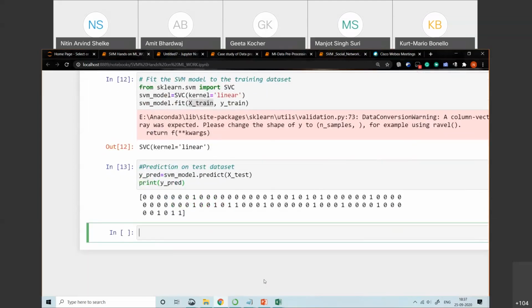Now to analyze this result, let me just create the confusion matrix. I hope you all are familiar with the confusion matrix. So directly I'm using the concept of confusion matrix here, through which you will get to know the accuracy of your model. From sklearn dot metrics, we import the confusion matrix class.